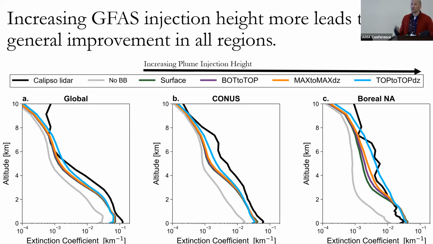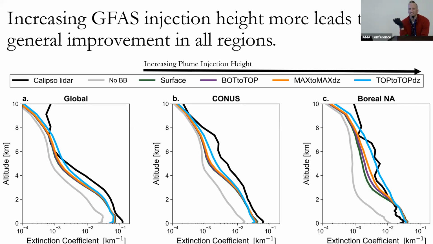tropospheric gap. This is some further evidence that perhaps the plume injection heights within this inventory need to be shifted up further. But again, we're doing this in an arbitrary way. We don't expect that it's physically better. We're just tuning it, cranking it up in terms of injection height.